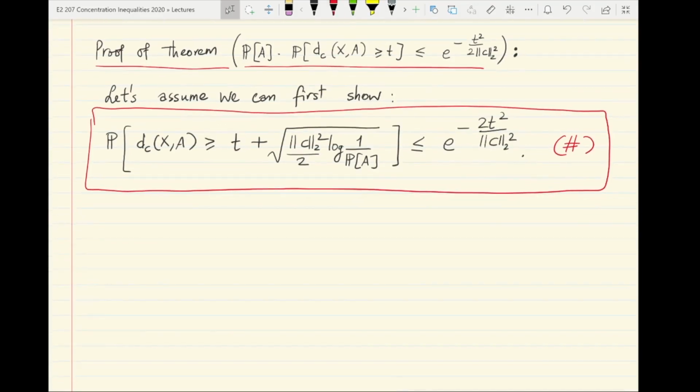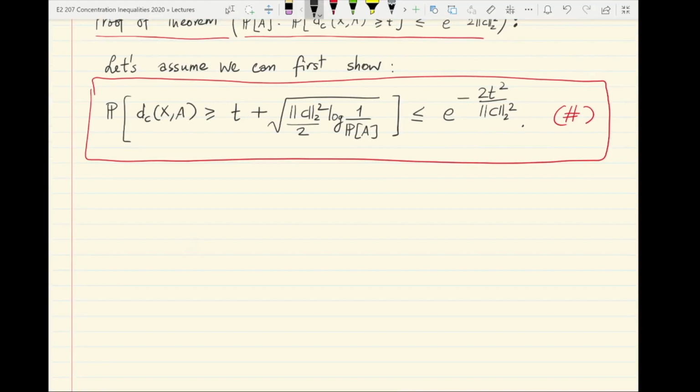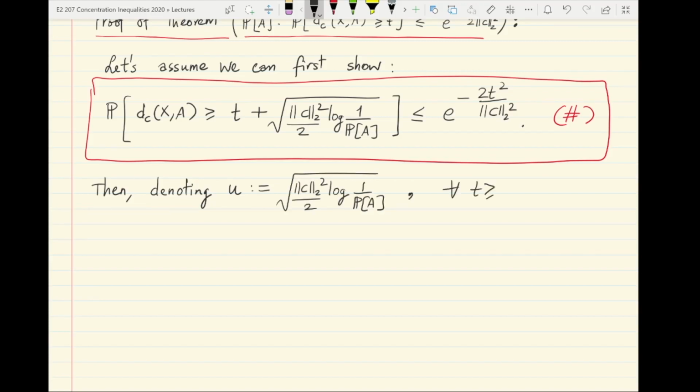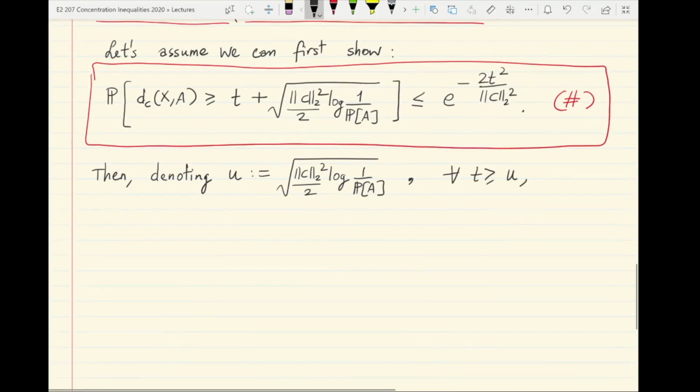Now assuming that star is proven, what we can do to complete the proof of the theorem is we first denote u by this quantity, the square root of norm c squared by 2 log 1 by p of A. We have that whenever t is at least u in the above, so we can write the probability